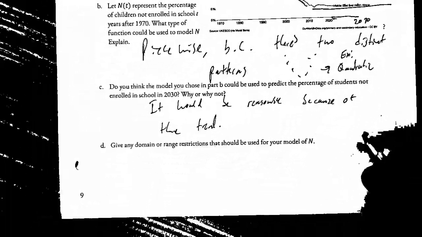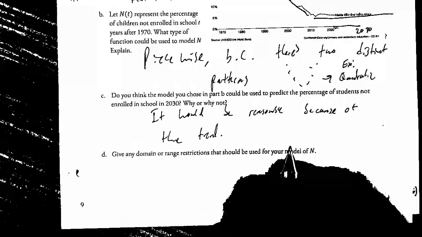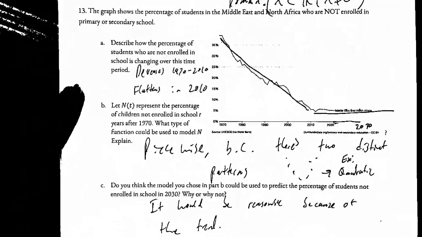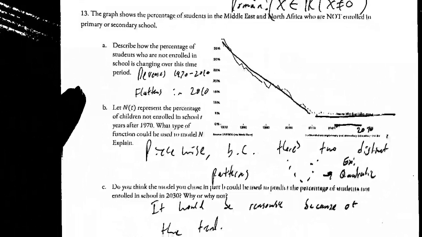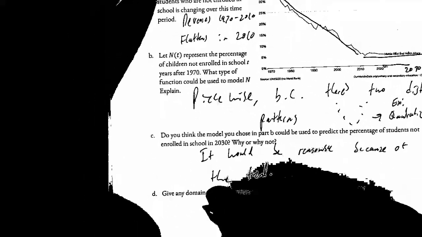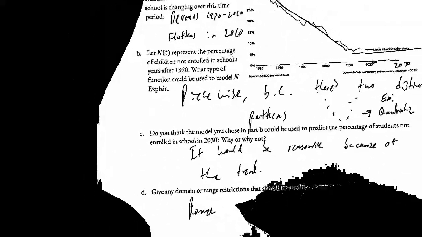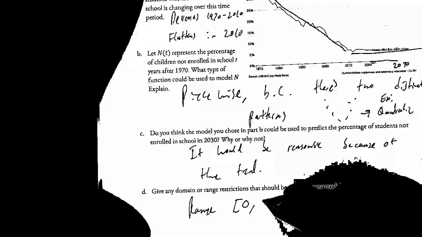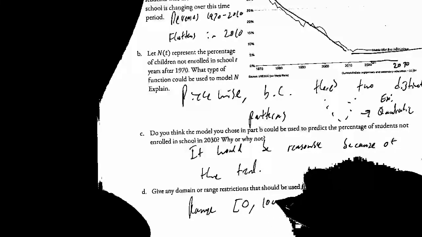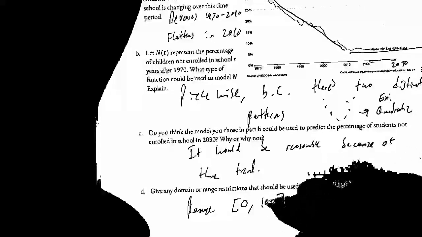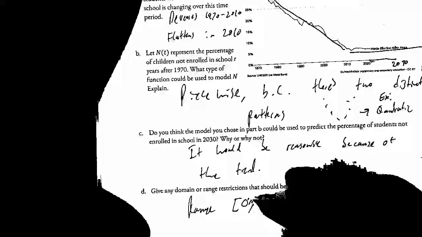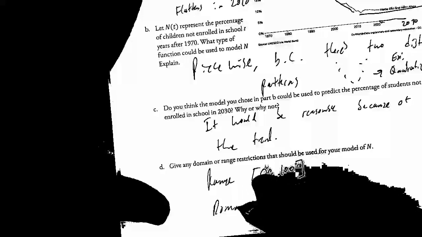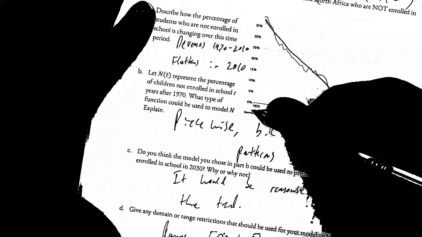D, give the domain and range restrictions that should be used for your model of n. So, well, the range, right, the range has to be from, it can't be any lower than 0%, and it can't go higher than 100, so that would be the range. This is percentages. And then the domain, well, we start our model in 1970, so